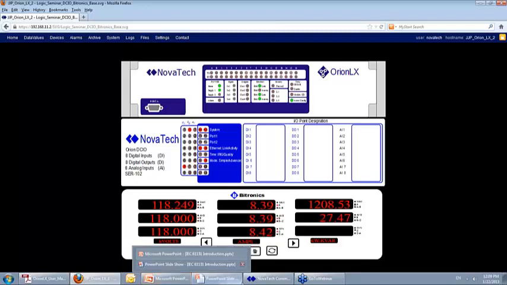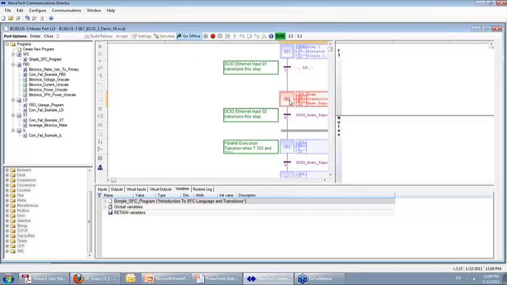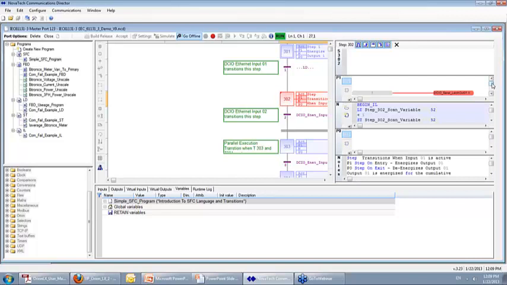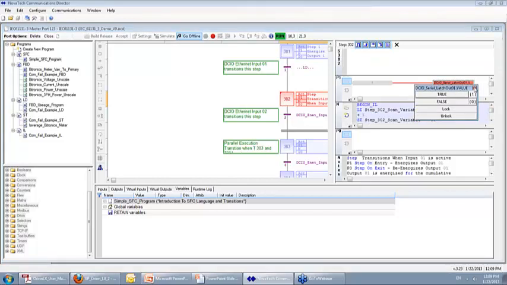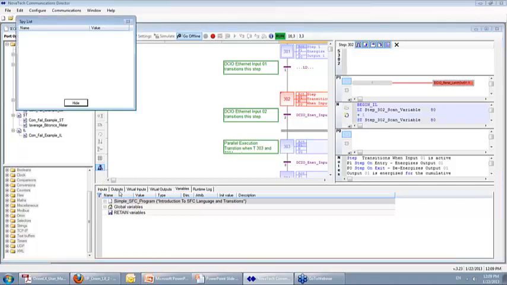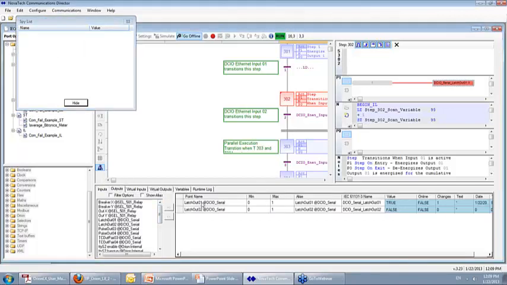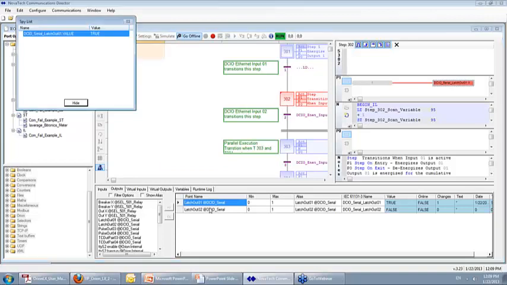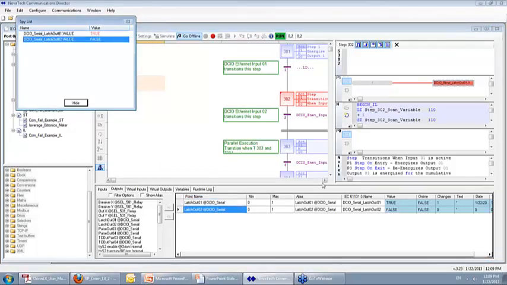Going to my programming environment and going to my transition step number 2, I see that there is logic on my entry into the step. I am going to be energizing DCIO output number 1. If I go to my watch list, if I go to my outputs, I can watch the status of my outputs, that when I transition through the blocks, I will, in this case, upon step number 2,